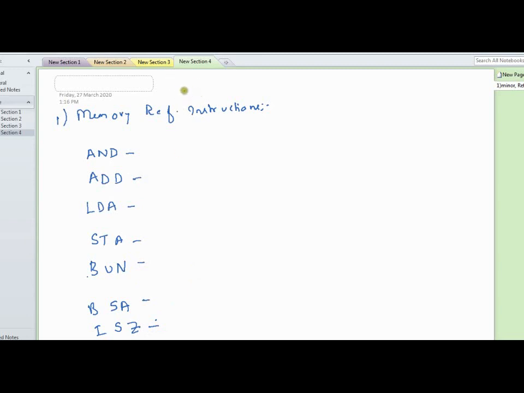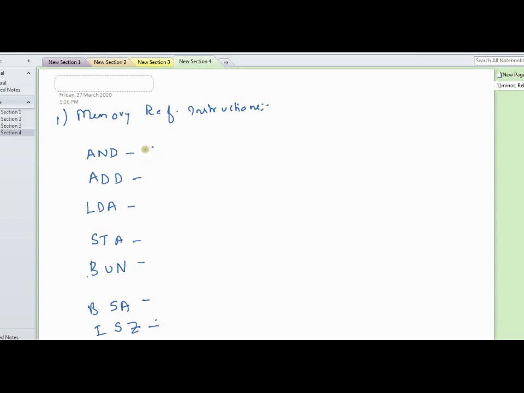The AND instruction needs two operands. One operand must be in the accumulator, and the other operand can be in a memory word. So one of the operands for all these instructions should be the accumulator.